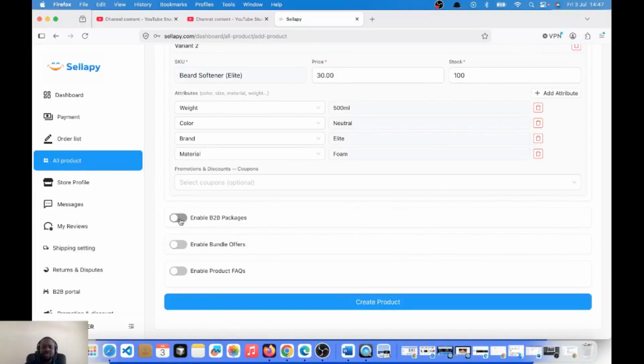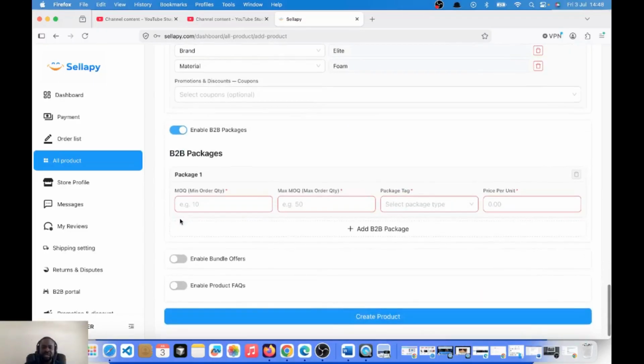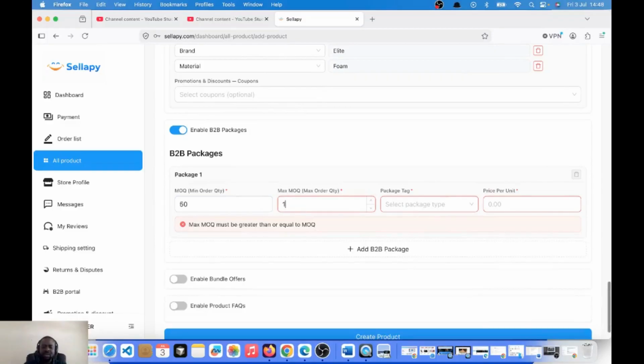The next thing here is what is known as the B2B package. These are not mandatory, but I always advise, if you know you want to sell wholesale, this particular feature is for you. So if you click it, then you can set your MOQs for your customers. Let's say if you want to sell this same product in bulk, your box starts from 50 pieces, for example. So from 50 pieces to, let's say, 1000 pieces,